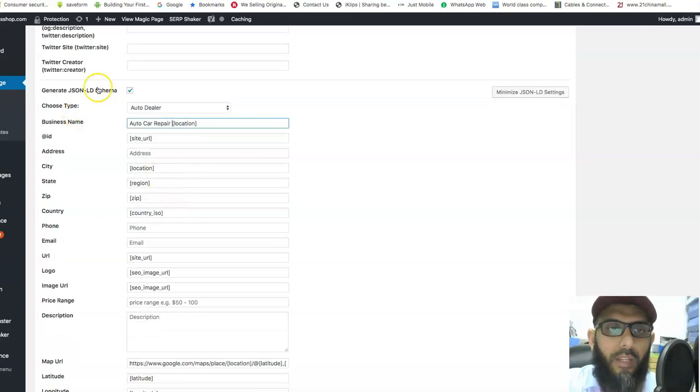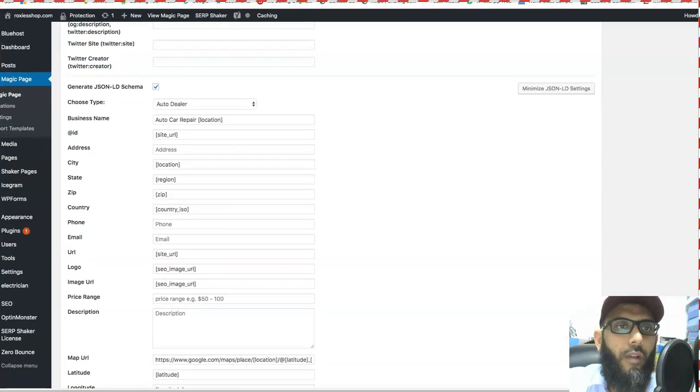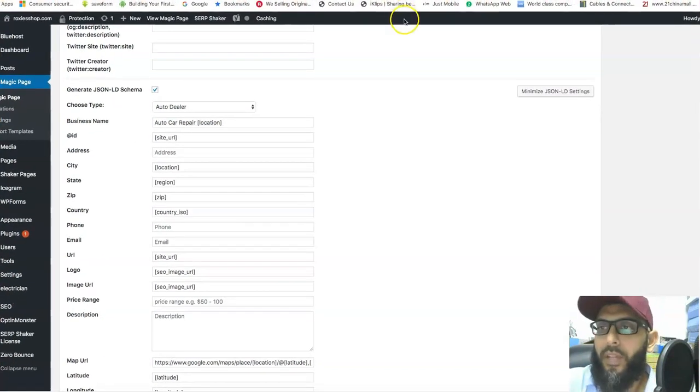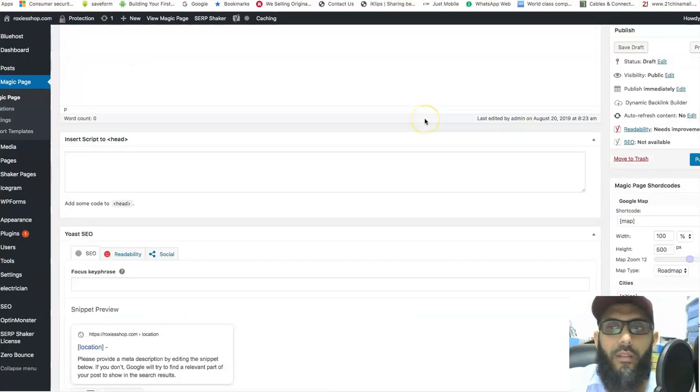And this schema, I'm telling you, Google loves this so much, and in terms of SEO, it ranks such websites to the top. So this is going to help you a lot in terms of SEO. So that's it, guys. I just wanted to tell you the basic part. I wanted to show you fully, but I don't have Elementor on my website. But don't worry, I'll add the proper demo of this, so you know what I'm really trying to tell you.